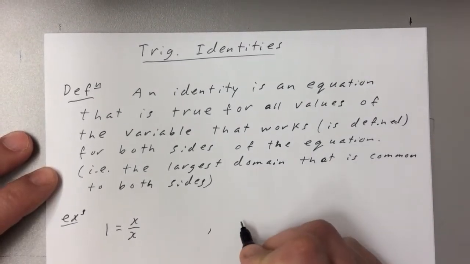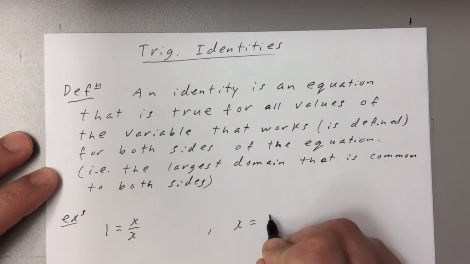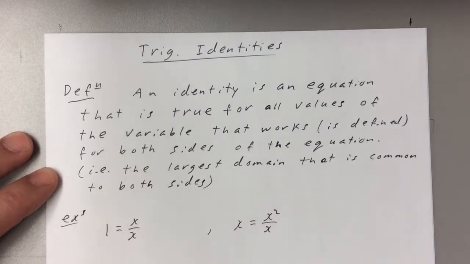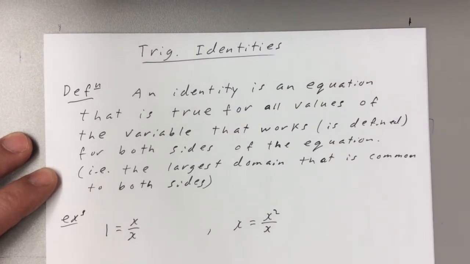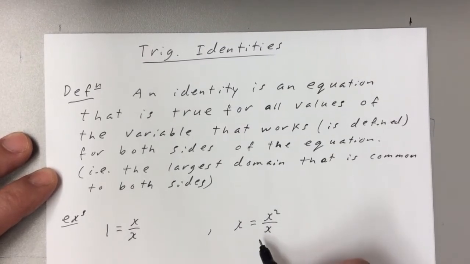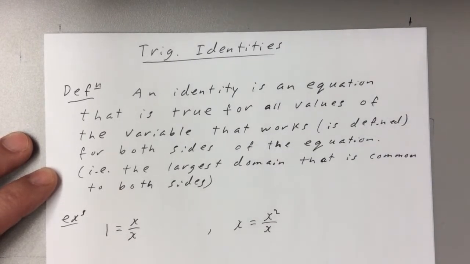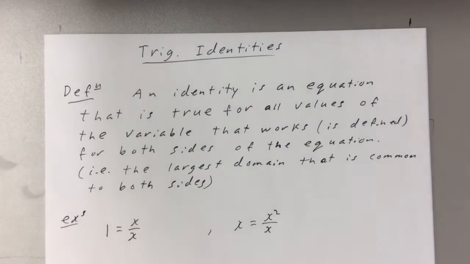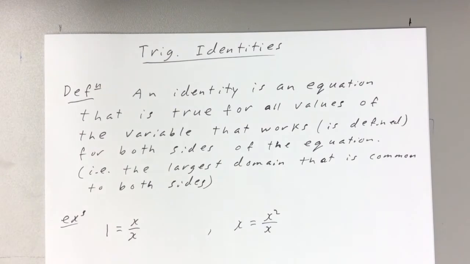Another one would be x equals x squared over x. Okay, this is an identity. So what we've got here is x cannot equal 0 on this side, so it's not part of the domain for the whole thing, so we call this an identity. It is a true statement for all x in the domain of the whole thing. So those are two non-trig examples, and I'm going to give another non-trig example, which is just